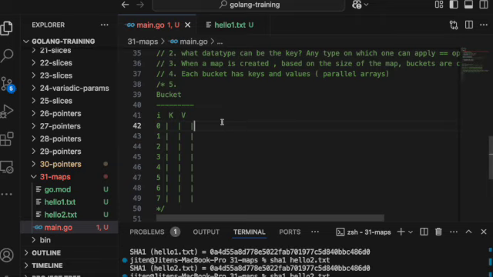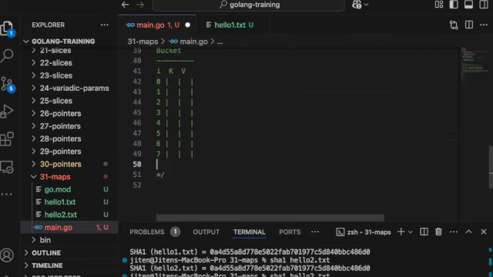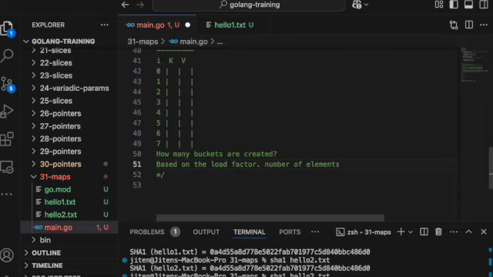Actually, load factor means number of elements divided by the number of buckets. There is a concept called load factor. How many buckets are created? It's based on the load factor. Load factor means number of elements divided by buckets. Then you get some number. If the number is less than 6.5,